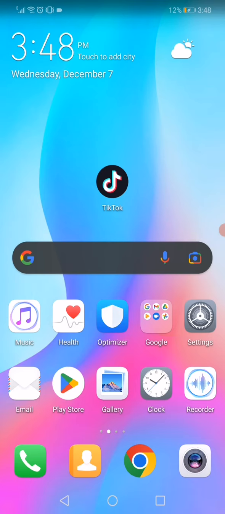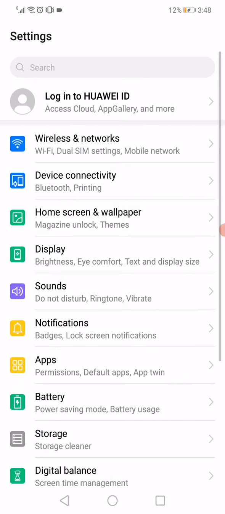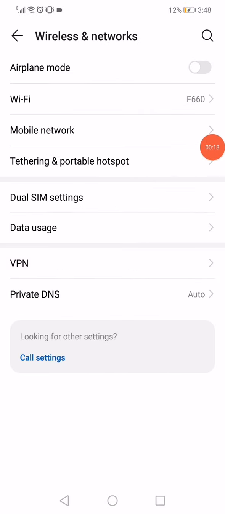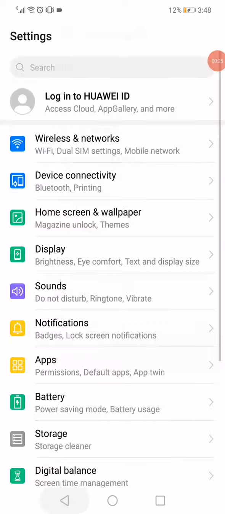So first thing you have to do is you just need to open the settings on your phone and then go to the wireless and networks and then enable the airplane mode and disable it again after a few seconds and go to the apps manager